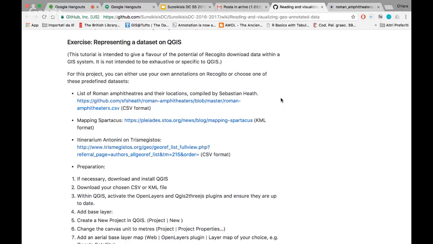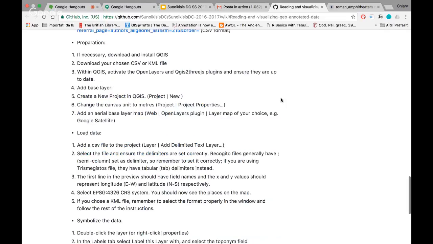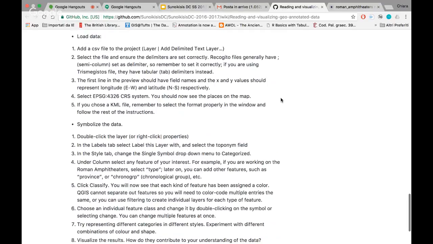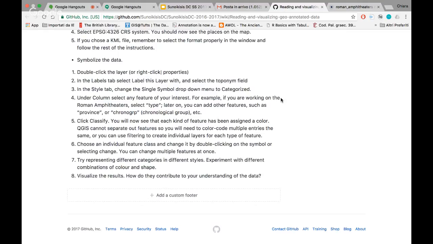Basically, there is a very specific and detailed list of what you're supposed to do in order to prepare your data, to load your data, and to symbolize and categorize the data. Once again, there is no gold standard here, and no one will be able to tell you what you have to see from your data. It really depends on what you particularly want to do, on how well you know your sources.